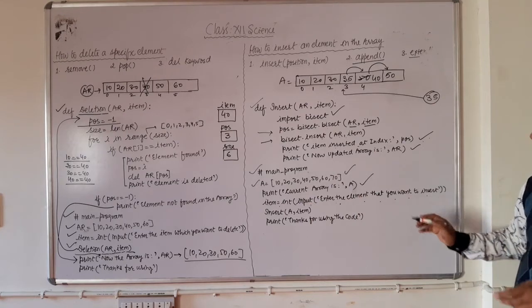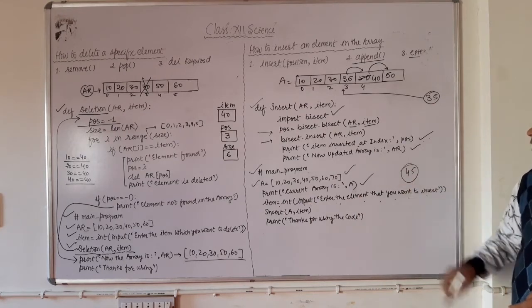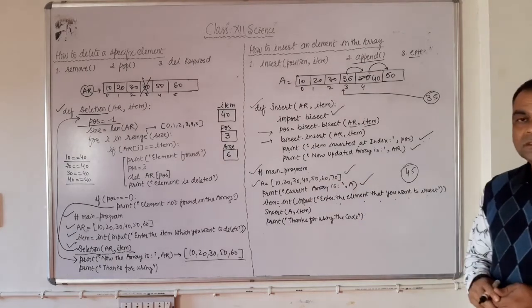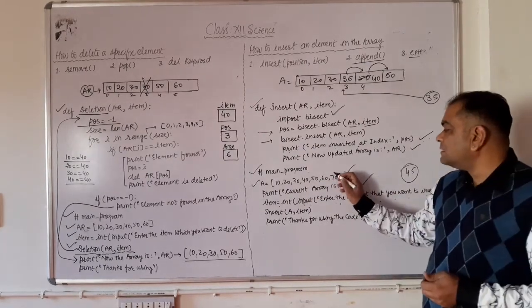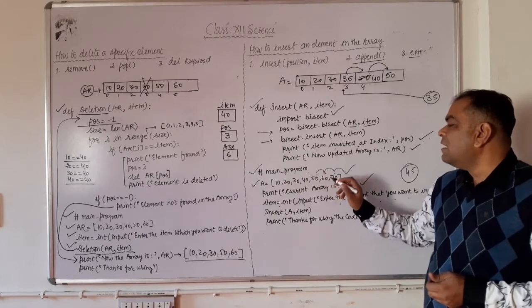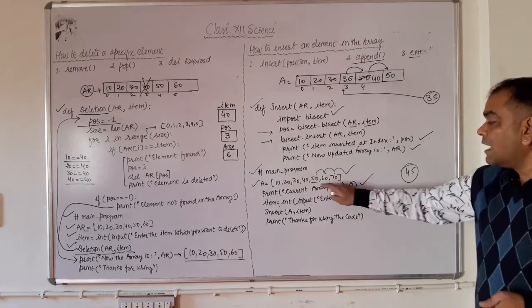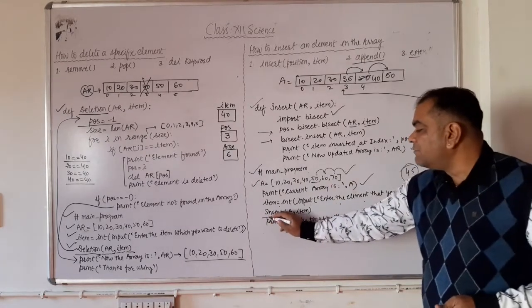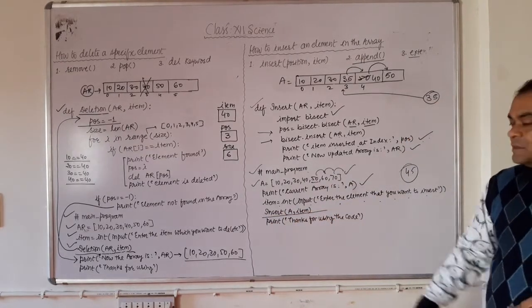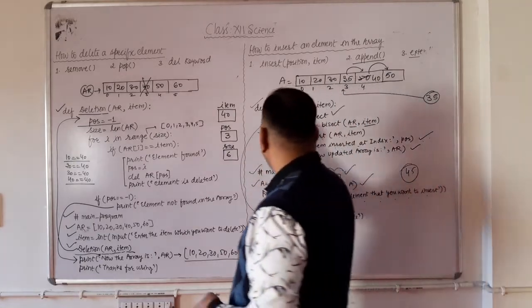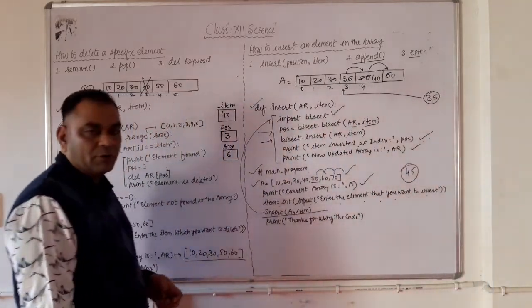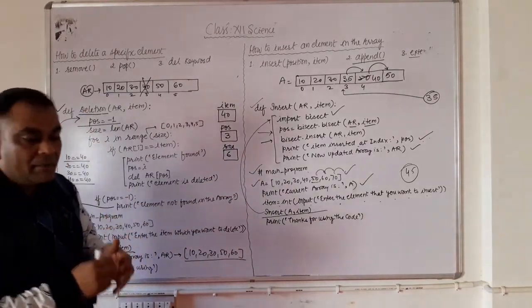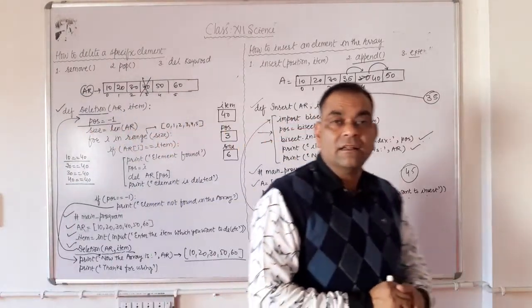Now item integer input, enter the element that you want to insert in the array. The message is there and suppose the user inserts 45. He wants to insert 45 in this array. Right? So here very first 70 is shifted here, 60 shifted, 50 shifted, 45 can be inserted here only and then the array is updated. So by this we can call this insert function. The computer jumps to this insert function and this specific code will execute. Right? So this is the insert an element function of your linear list.